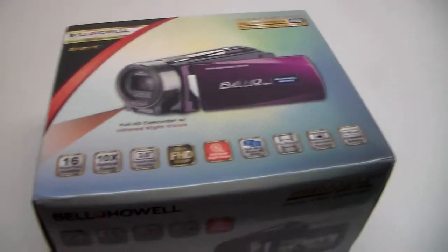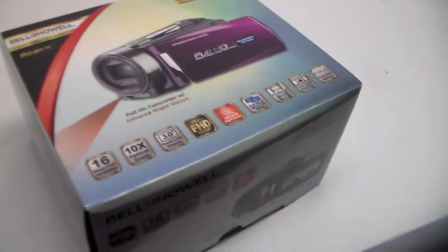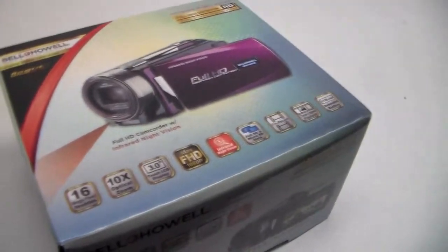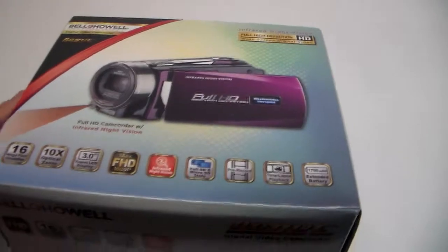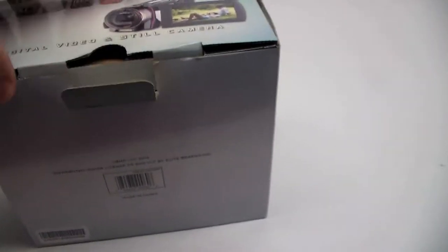So I picked this up on Amazon, $166 shipped with Prime, and the reviews on this thing are mixed. Since there's nothing really in this price point that does night shot, I just figured I would give it a try. My initial thoughts are that for the dough, it's not bad. It is a 1080p camcorder,